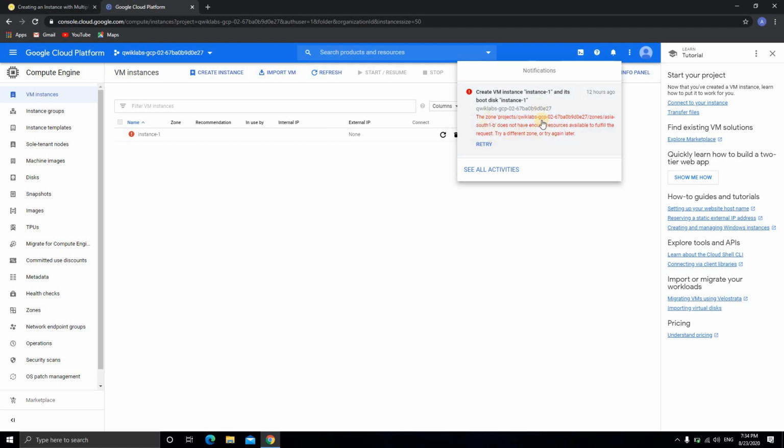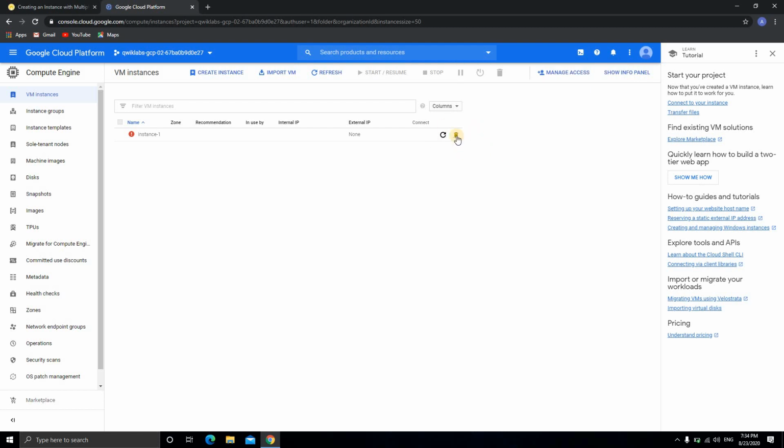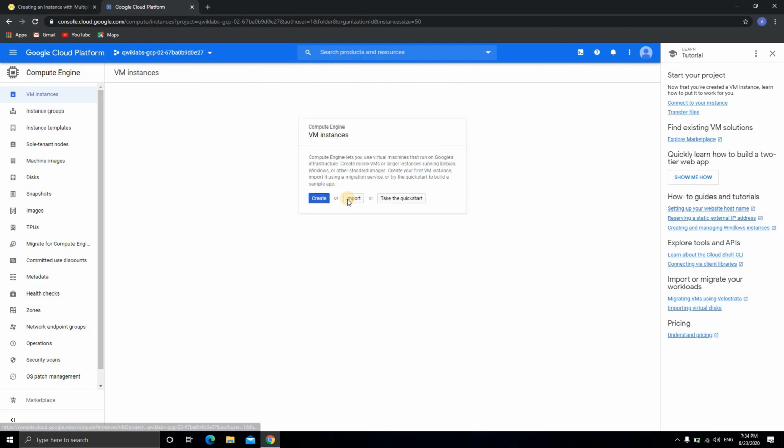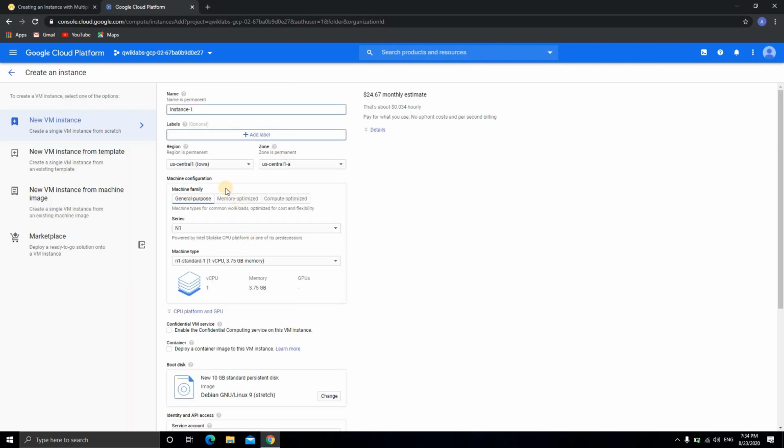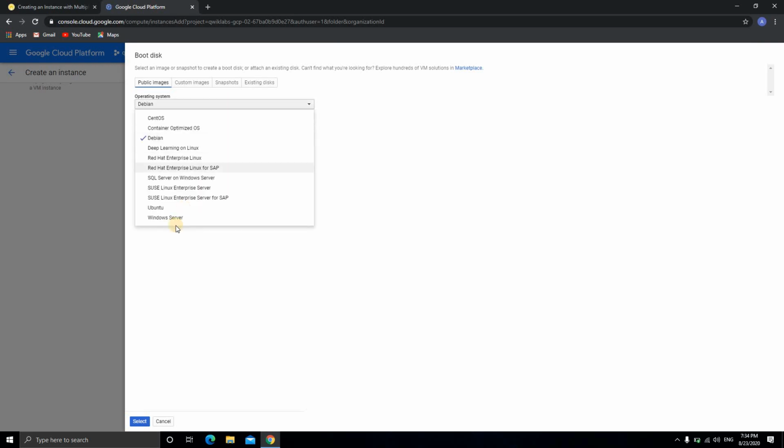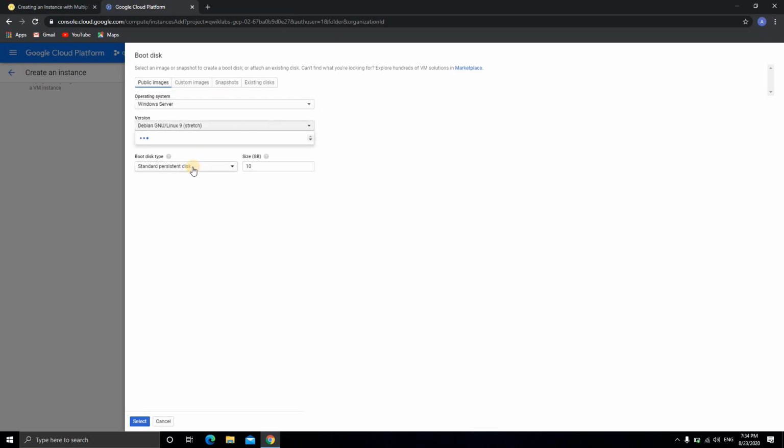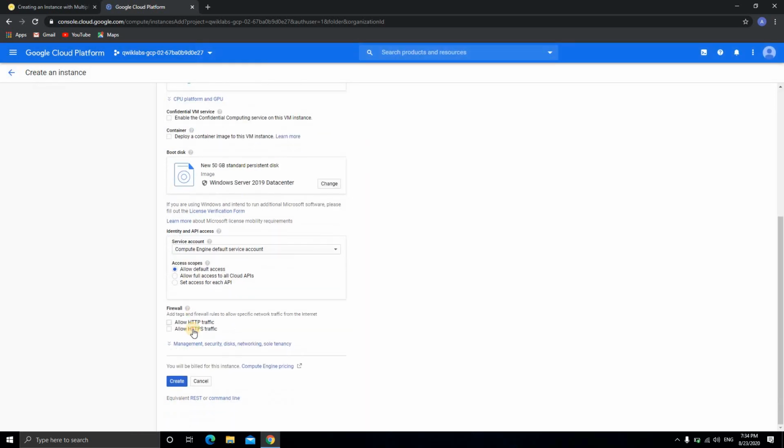Okay, so guys, the Mumbai server does not have that much resource. That means we need to select some other one. Everything else, keep it the same. I'll just change this. Okay, it got changed by default, and this also. So click on Windows Server, again scroll to the bottom, select, click allow, create.